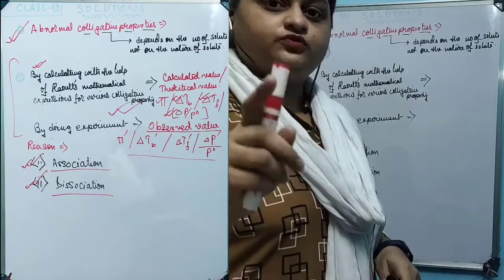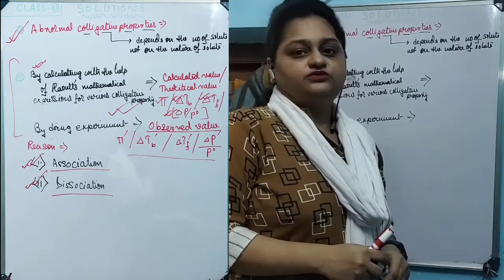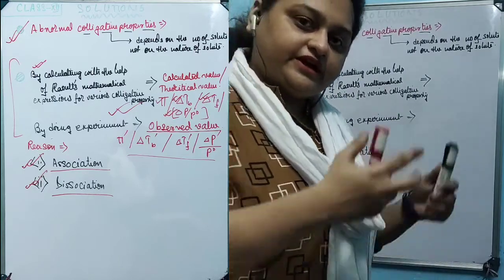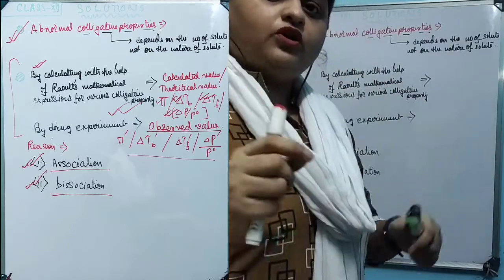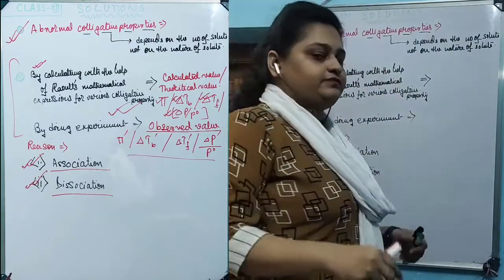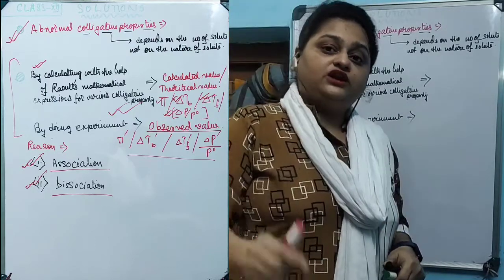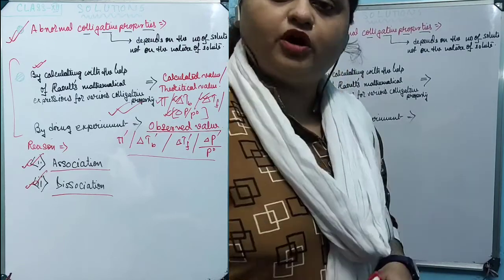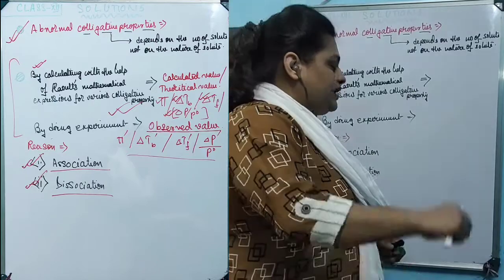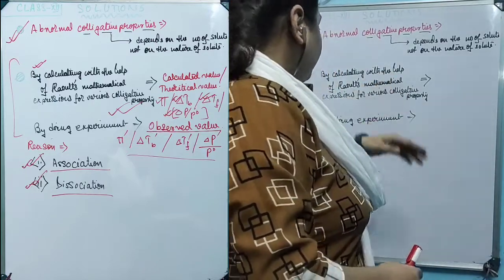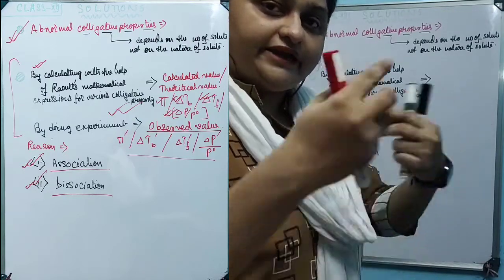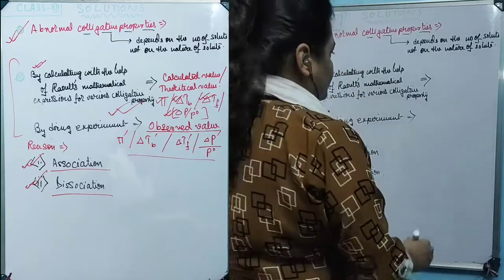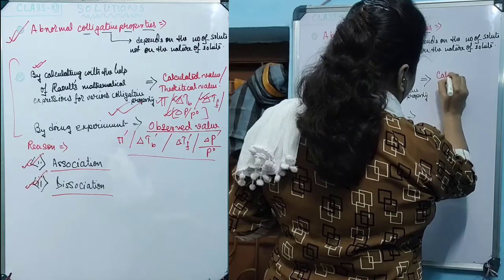Colligative property, by definition, we studied, depends only on the number of solute particles but not on the nature of the solute. Now, by studying the various colligative properties, we concluded, on the basis of Raoult's law, mathematical expressions to calculate the colligative properties for a particular solution. When we get the values of those colligative properties with the help of Raoult's mathematical expressions, we call those values the calculated value or theoretical value.